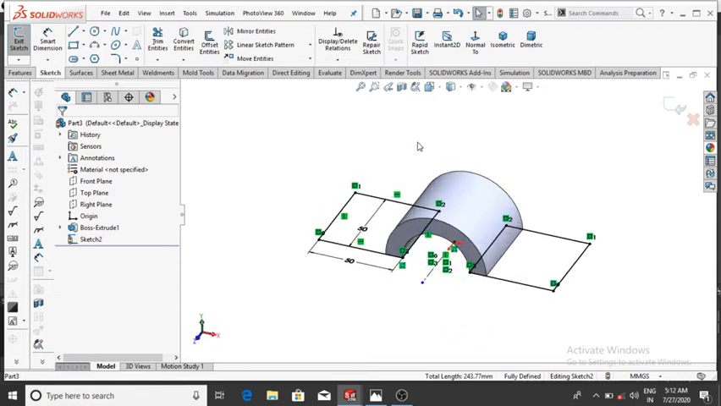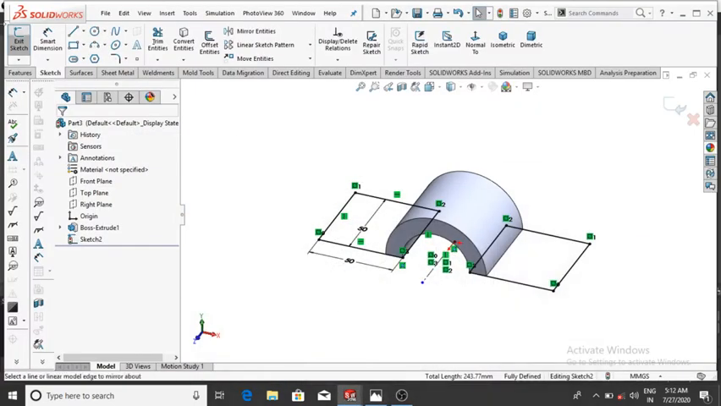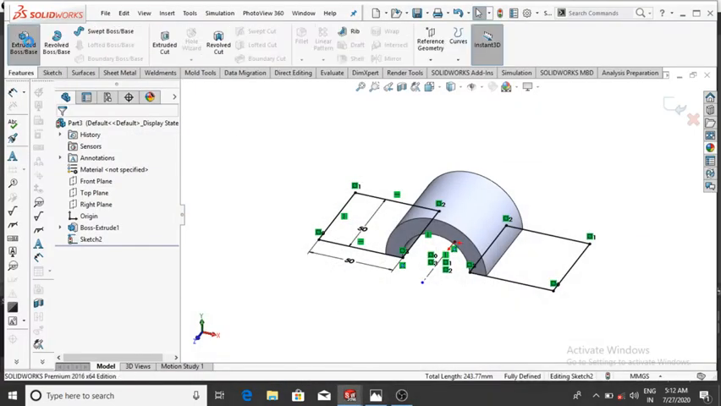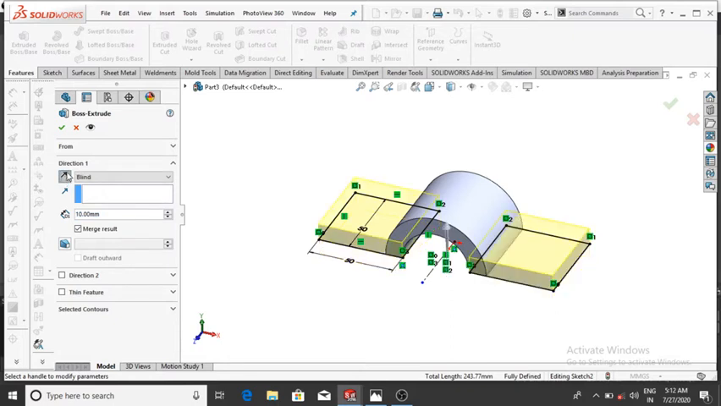and make the extrude up to 10 mm. So select the extrude from this face will be 10 mm. So simply go to the feature and select extrude boss base and make it 10 mm, and it will be reverse direction. So simply reverse, and the result will be merge, then click OK,